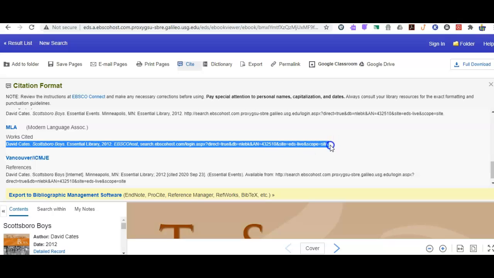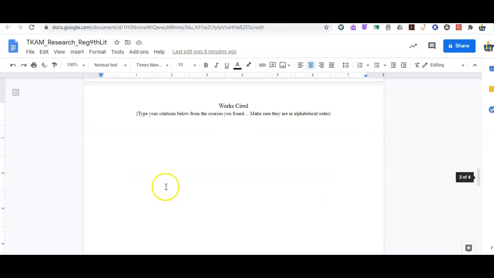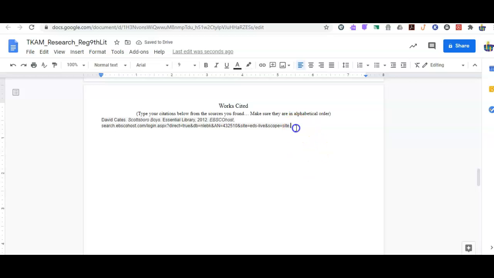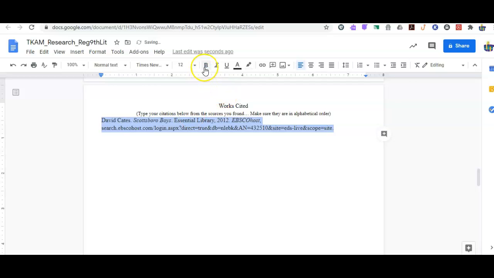So this is a good example for me to show you guys. This is why you need to know the 1 through 9. So look, I would take this, I can copy it, I'm gonna go back to my document, and then I can paste it on here. But look, it's totally not right. So you're gonna have to go in and make the font right. And then you're going to have to show me that you know how to change the highlight color here,